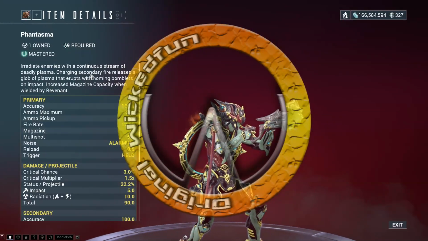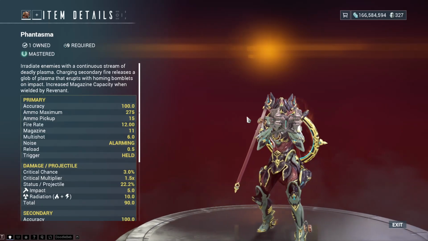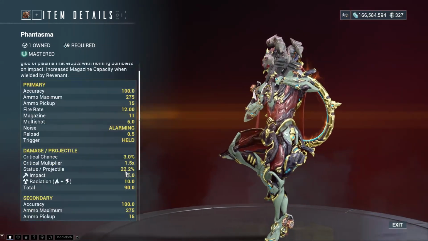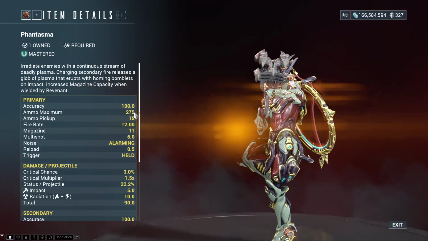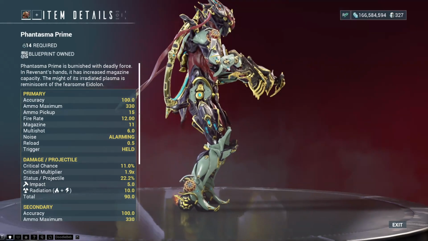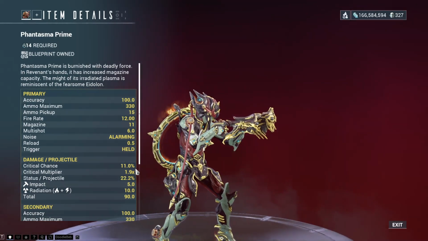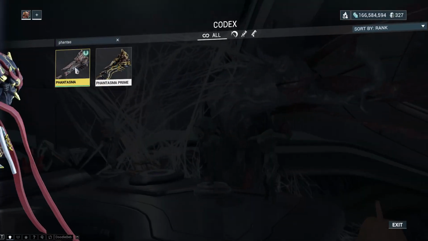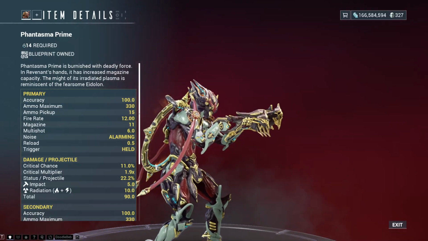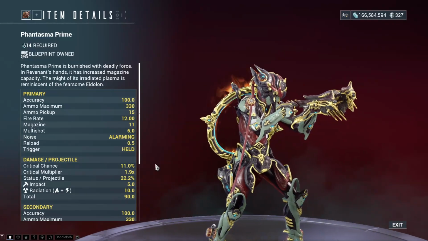It's still a bit weird that the Phantasma, a mastery rank 9 weapon, an actually amazing weapon after going back and reusing it, even though it only has a 3% crit chance and a total of 275 ammo, these are the two biggest downsides to it. When it got primed, they increased the ammo to 33 and increased the crit chance to 11. And technically the multiplier has gone from 1.5 to 1.9. Thus concludes all of the changes apart from the skin that they made to this, but they did make it